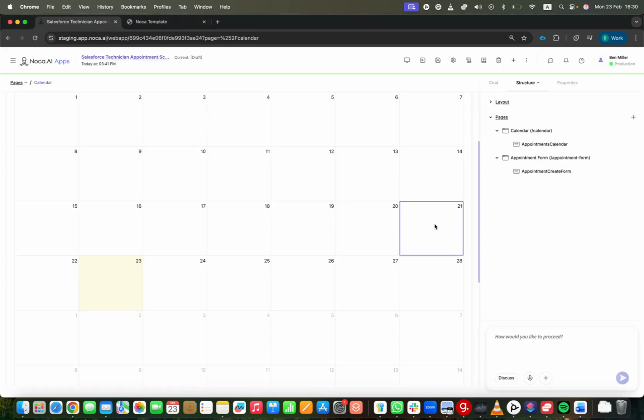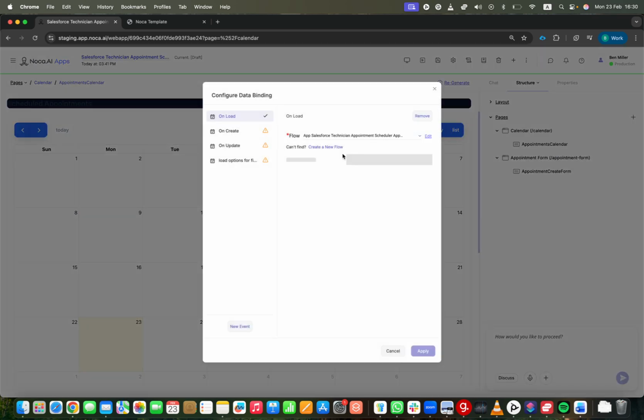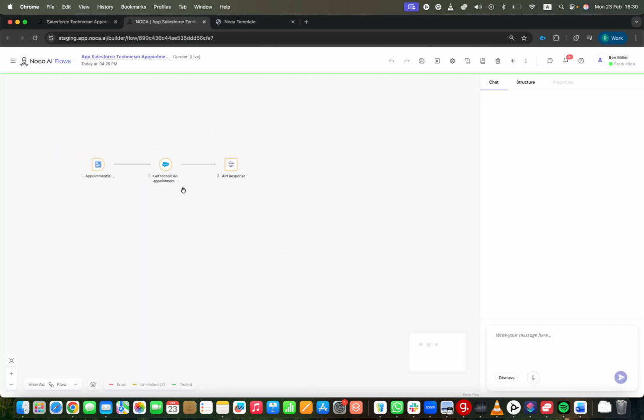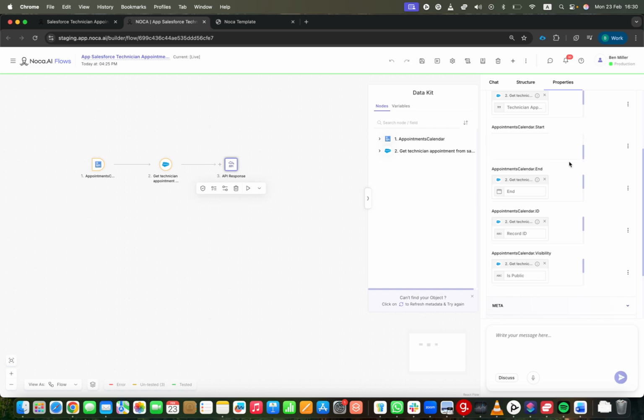So the first thing we do is we go back to the data binding in our calendar, and we're going to click on that. We're going to go back to the flow that we already created in a previous video. And now we're going to go to the API response. And what we have here in our data binding in the API response is a field called calendar visibility. And what this field does is when the field is filled with the value false, it will not allow